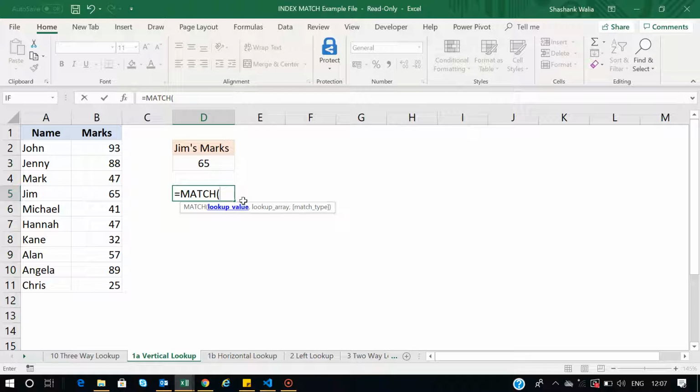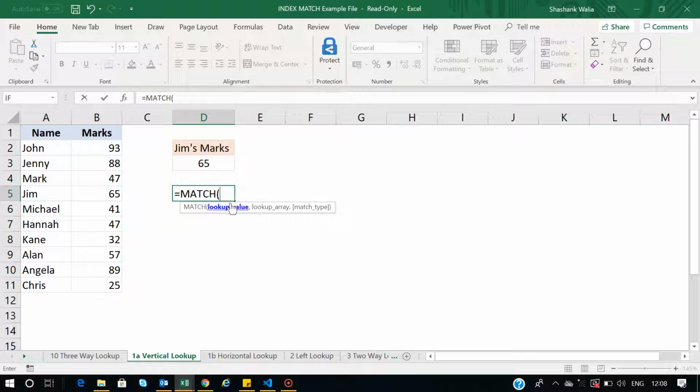So for example, if I want to find out gym, it will go through this data and find out the location of gym. The first row is false, then second, third, fourth, and fifth. Now the fifth is where the gym is, right? So it will give me the row number 5 as the output. So this is what the match function does.